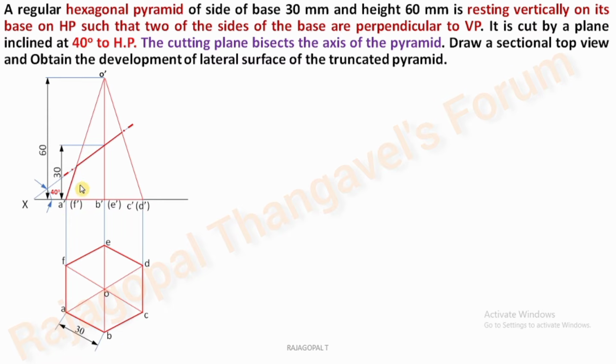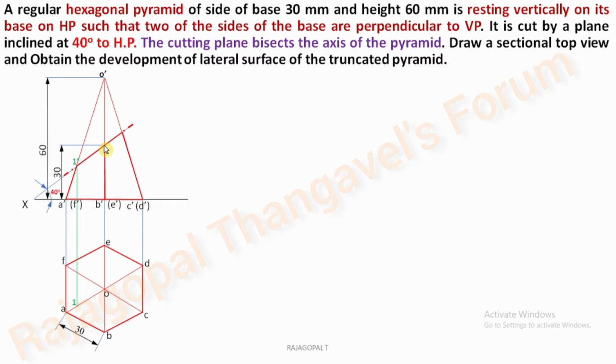Now we can shift the remaining portion of the solid into thick lines. After completing this, we can identify the cutting points of section plane. So this is the first point, 1 dash. You extend a vertical projector. This is on the slant edge O dash A dash. Similarly, you can check the corresponding slant edge OA in the top view, and make it 1.